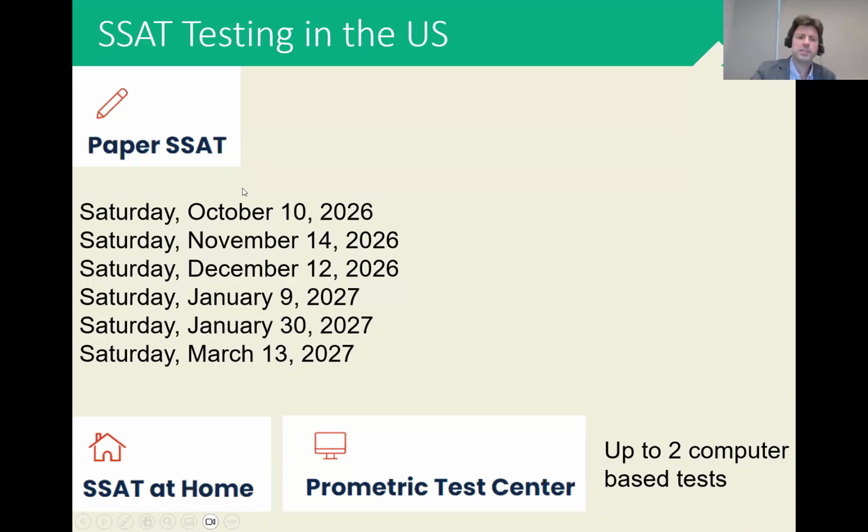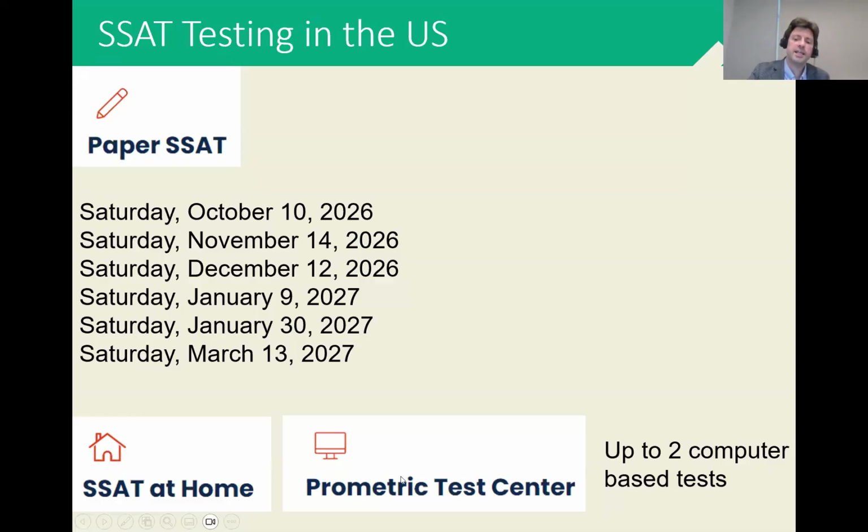It's usually schools that offer the test on these dates. So students can do a paper SSAT. We generally advise students to do the paper SSAT. I just feel like students have an easier time when they have the test booklet in front of them. Here's when all the dates are offered. Generally for the SSAT, students are going to take the test twice, maybe a third time if needed.